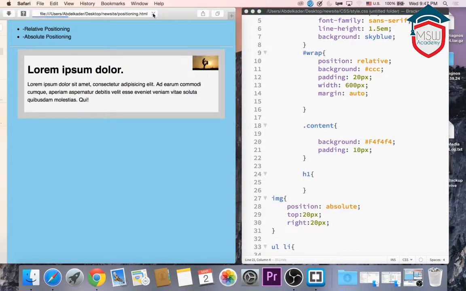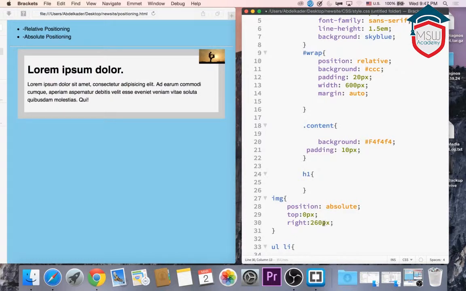Check what's going to happen when you save. When you save, it's going to go up because we said 20, 20, but we're going to put it 0, 0 just to prove this point. See? It looks for the immediate container that has relative positioning, and then it follows your order. If you want to bring it here, you just say top 0, then right